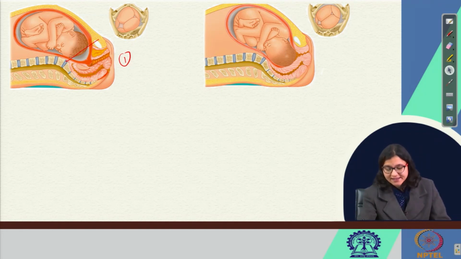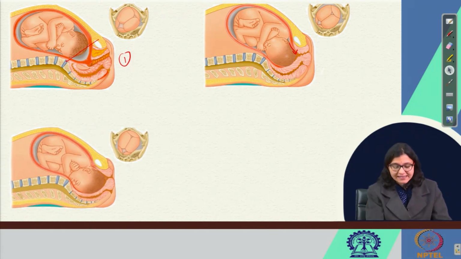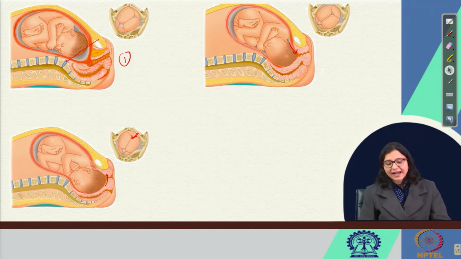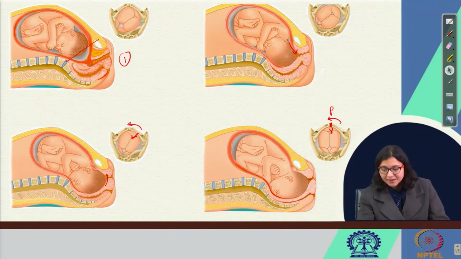Then there is descent, and then there will be flexion and internal rotation. So, here you can see, there is flexion and this occiput is in the left occipito-anterior. So, there will be internal rotation and this occiput will come anteriorly just behind the pubic symphysis. So, this is internal rotation of the head,